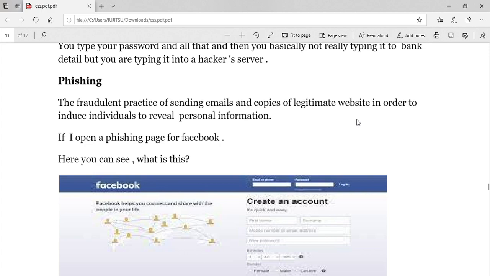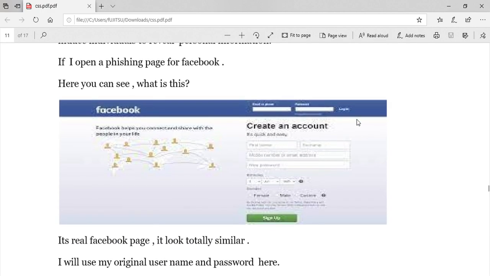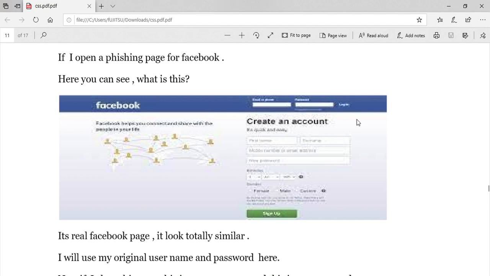If I open a phishing page for Facebook, here you can see what this is. It's a real-looking Facebook page. It looks totally similar, but it's a clone. It's a clone Facebook page. If you look at a clone Facebook page, then you see the domain name. Here you see facebook.com, but there you see